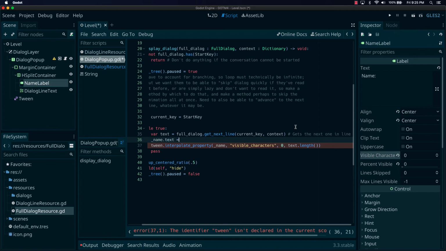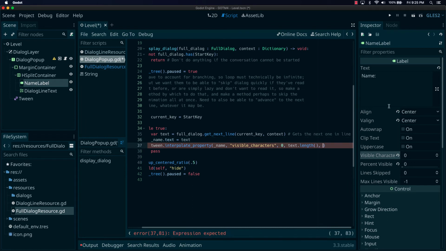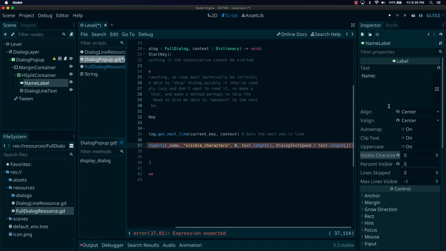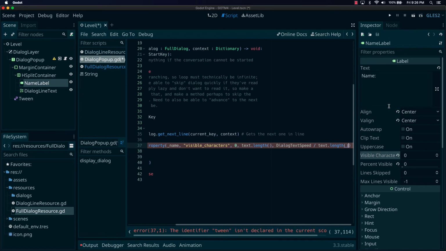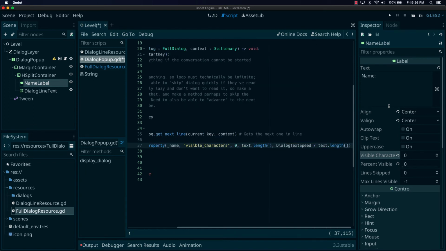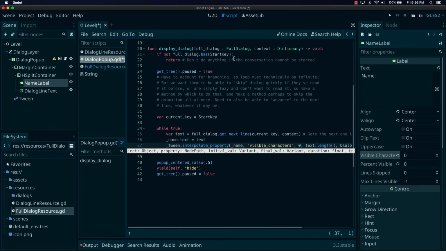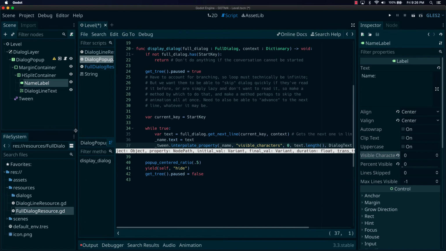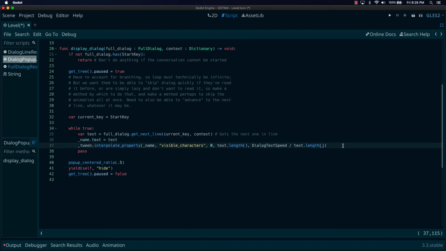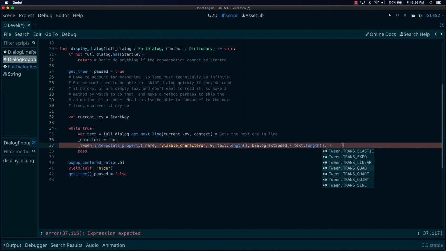And what we do here is we just say interpolate property, and we pass in, I even mistakenly pass in name here, because I was looking at what was selected, and it was just kind of an autopilot. So I end up actually making the reveal happen on the name and not the text itself, which is a little silly, but whatever. And I'll fix that pretty quickly here. So we even set the name.text to the text and then interpolate it from 0 to the text length